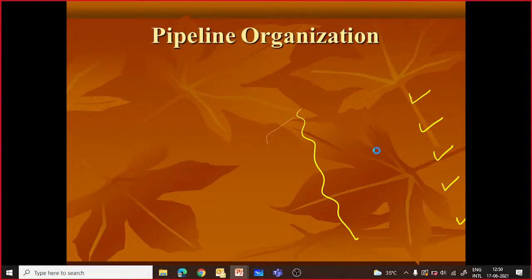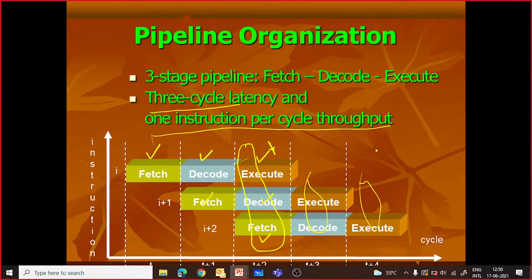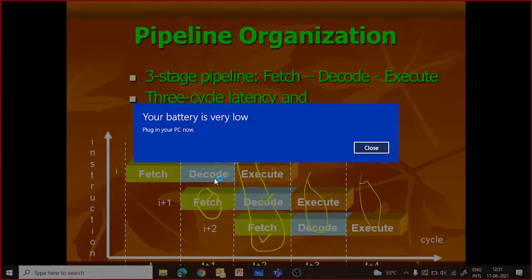Okay. So consider that you are executing this instruction, and at the time of decoding you came to know that this is a branch instruction. So the next instruction you don't want to execute, but it is already fetched. So it is already fetched in the pipeline, so you have to flush the